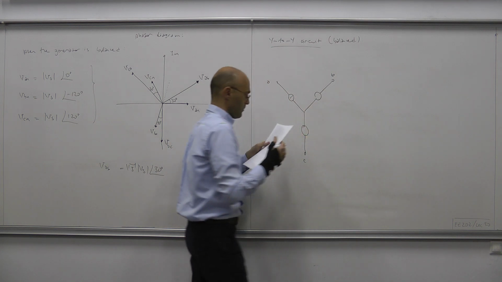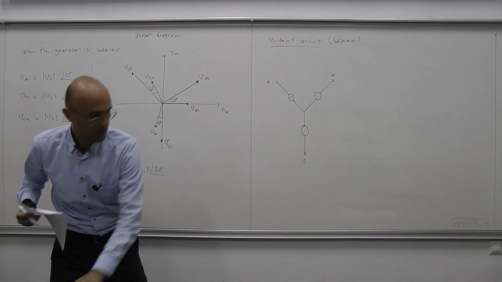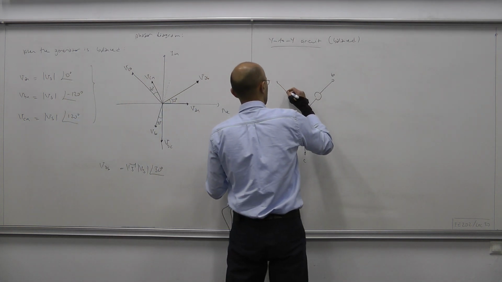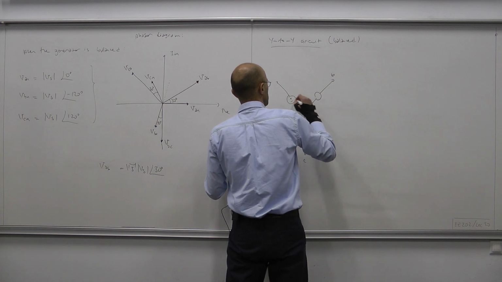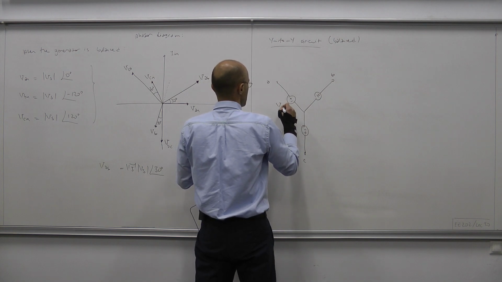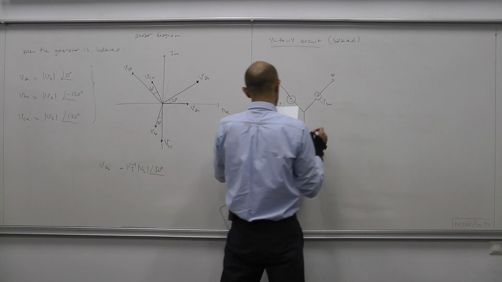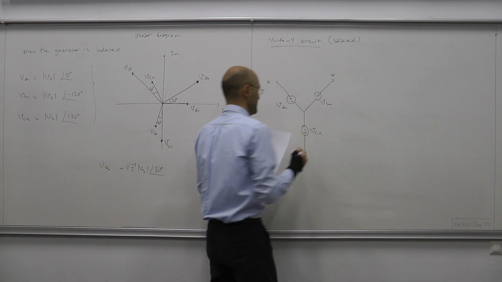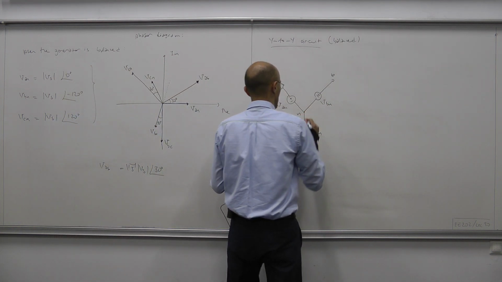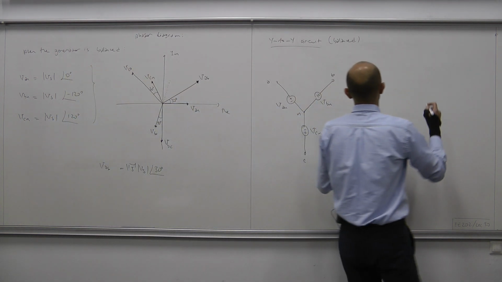Okay. Polarity here: plus minus, and plus minus. This voltage here is VAN, so we are in the phasor domain. This voltage here is VBN, and this voltage here is VCN. Okay, and this node or terminal is our neutral node. Okay, and then here we have the